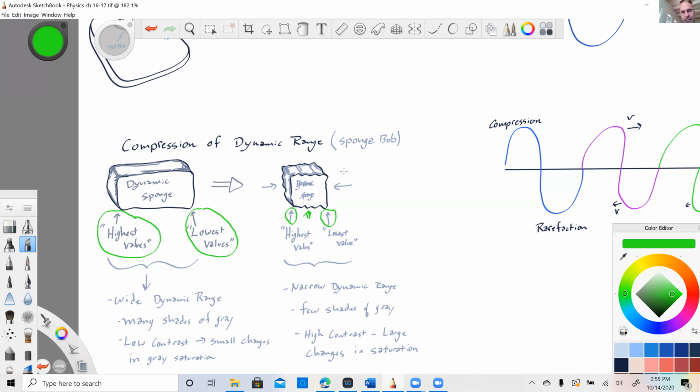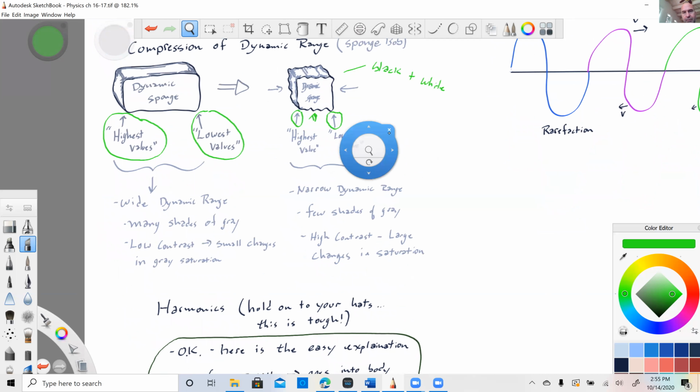In other words, this image would be more black and white. So a wide dynamic range, many shades of gray, perhaps too many. Low contrast,